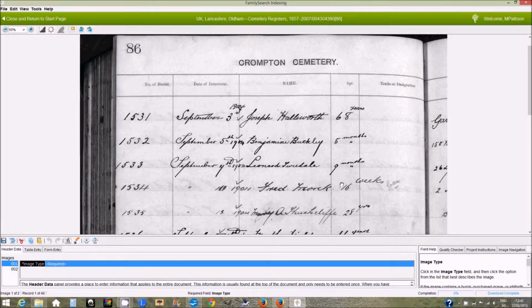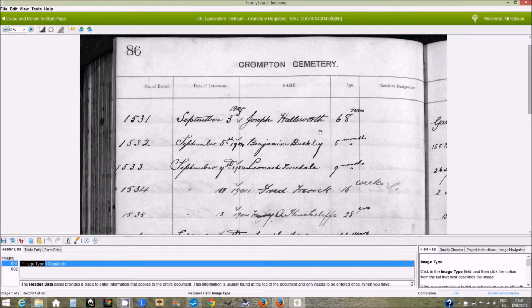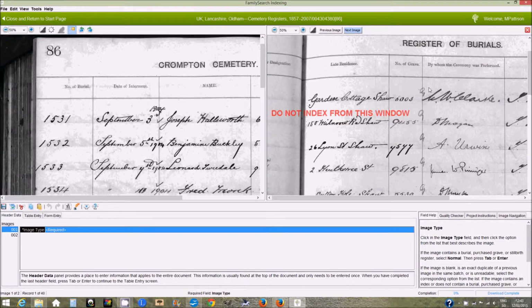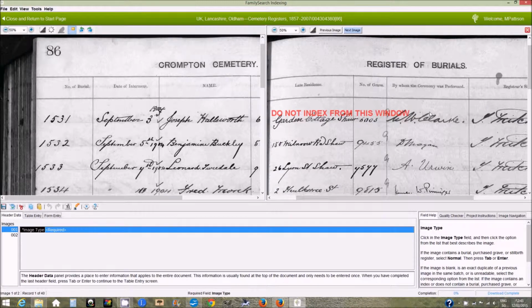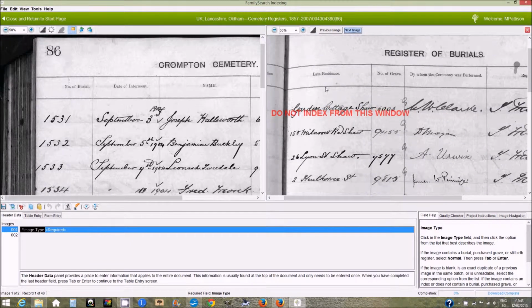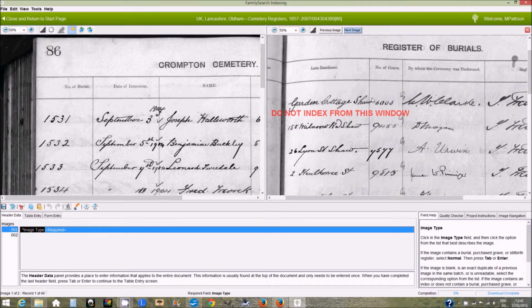This project consists of handwritten ledgers, so you can see here is one page, and one thing to realize about this project is that they usually consist of 2 pages of the ledger. So you see here I'm looking at the next page, make sure next image is clicked on. So you're going to need to check on both sides to make sure that you are getting all the information